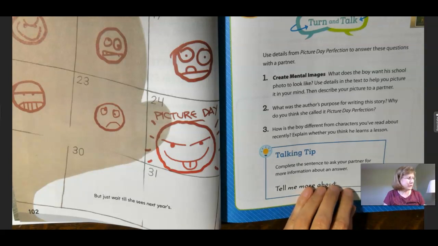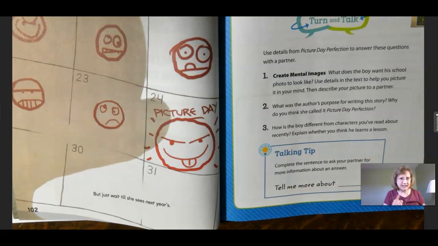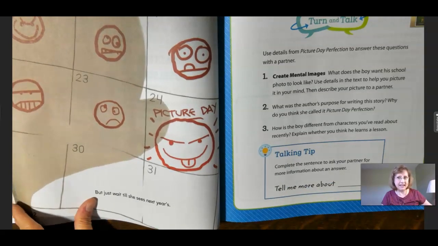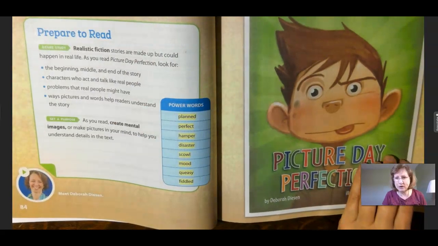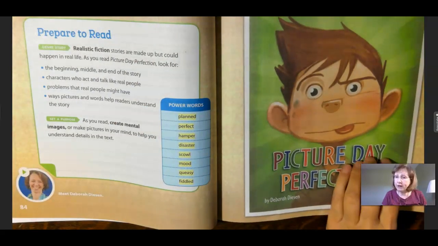That main character who told the story. I wasn't expecting that, were you? I was not expecting that all that had happened on purpose so he would try to get the silliest picture he could. I enjoyed that story, boys and girls, and try to reread it when you have a chance. I think